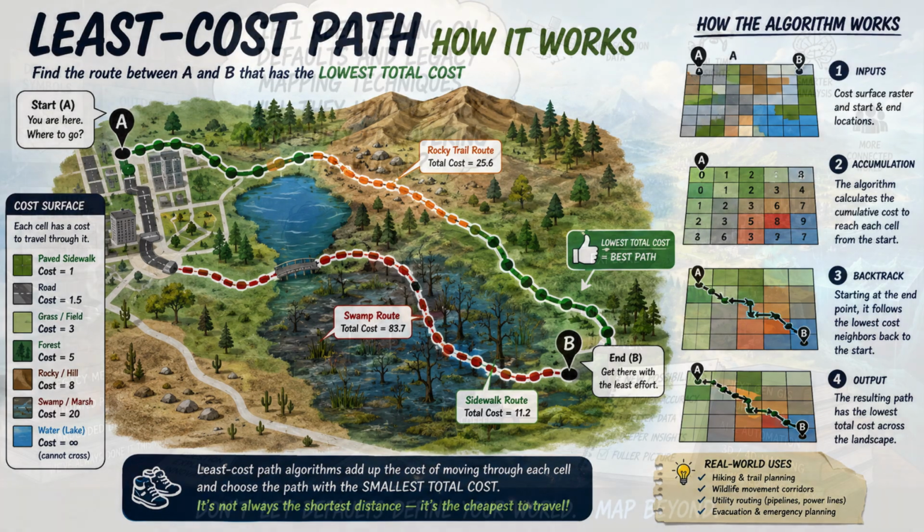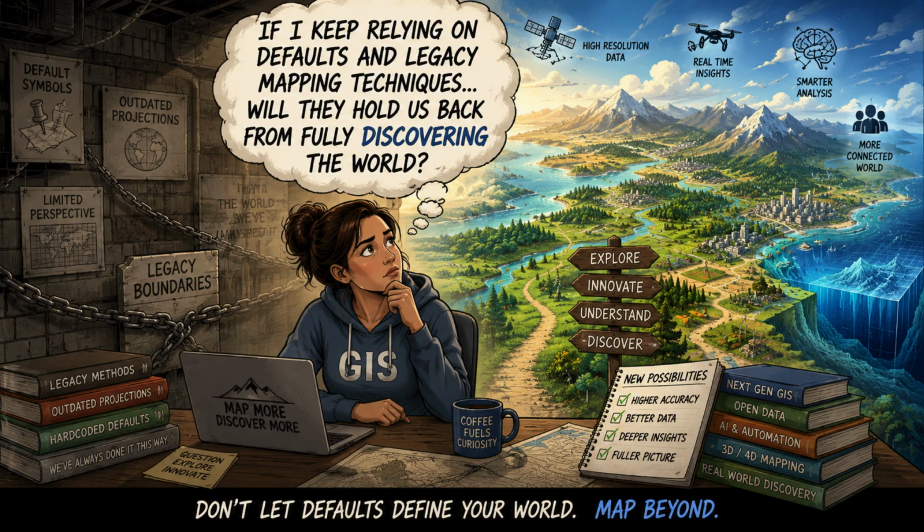I want to leave you with a final thought to ponder, building directly on the implications of Miller and Wentz. We live in a world defined by highly complex, nonlinear processes. The spread of an airborne virus, the cascading impacts of climate change, the fragility of global supply chains. Right. These phenomena are intensely sensitive to the friction of their geographic environments. They don't operate on flat, empty plains. They do not. Yet, our most ubiquitous GIS software architectures still carry heavy legacy biases toward rigid Euclidean